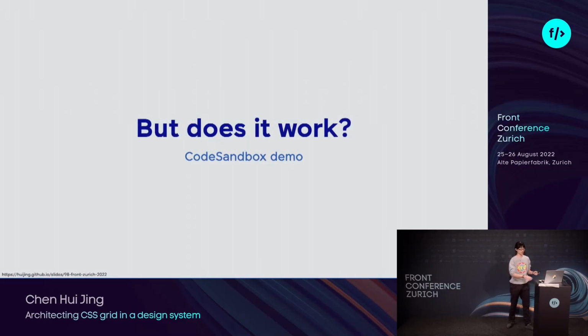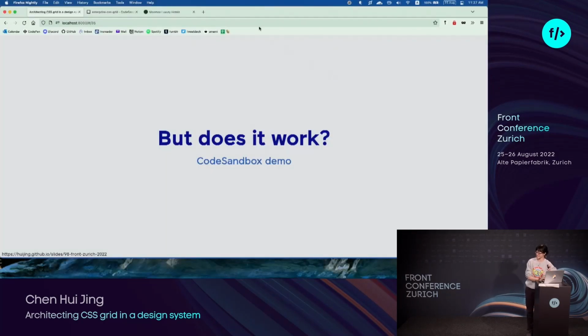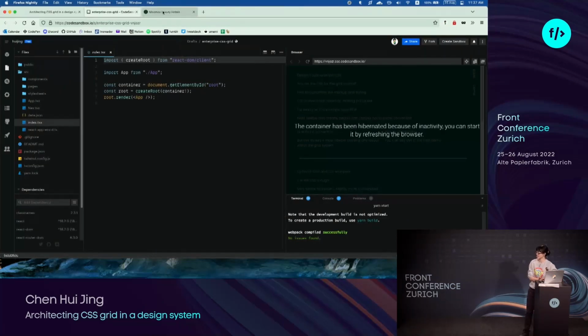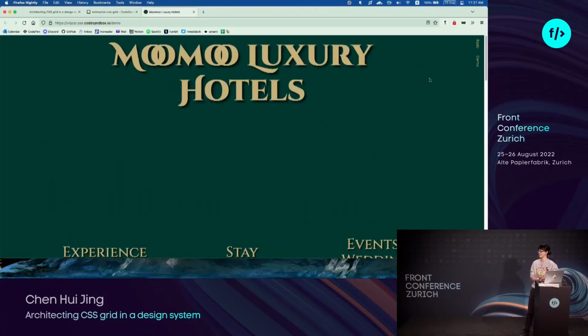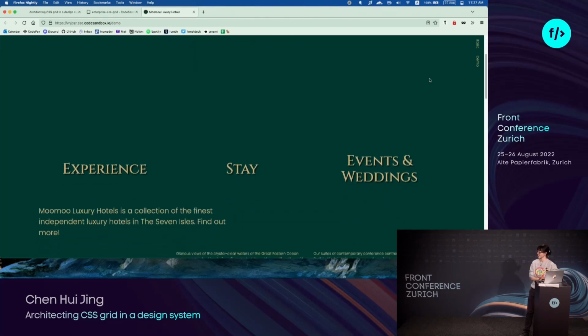So, okay, here, this is the fun part. This is not a hypothetical situation. It actually does work. It was not pseudocode, my friends. So if you click the link, it goes to the sandbox, and if you open it up, this is all 3 of the different implementations. And let's just build this totally fictitious, ridiculous website.